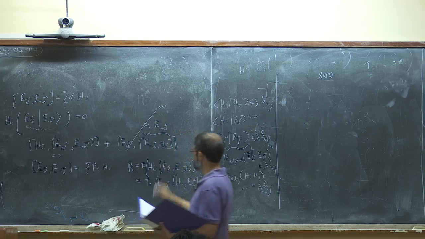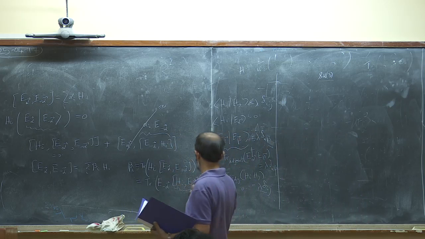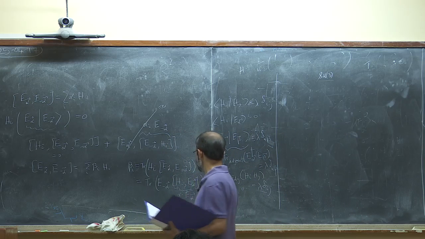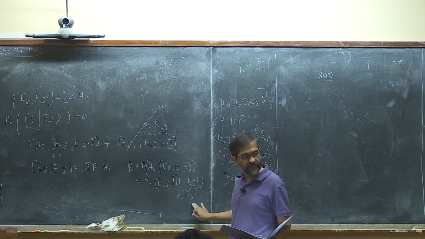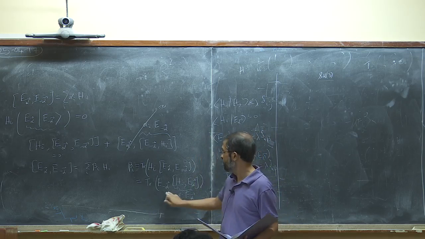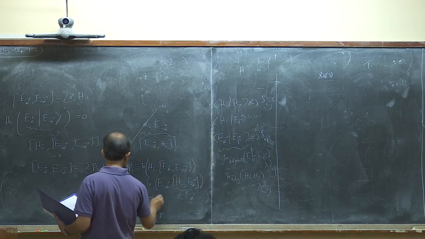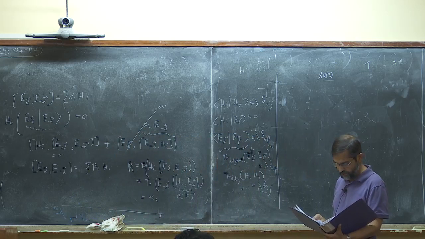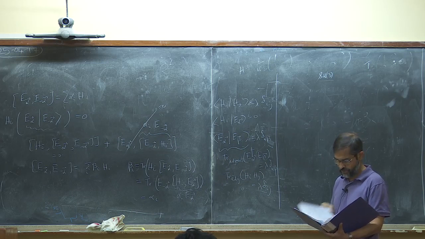It's just some jugglery with the cyclic property of traces, and then this is alpha I E alpha. Okay, but by our normalization, E minus alpha pairs with E alpha under the trace with a factor of 1. So I get beta I equal to, so the alpha comes out, so you get beta I equal to. So this is an important result, that E alpha commutator with E minus alpha gives you